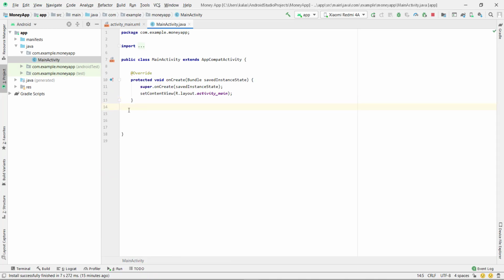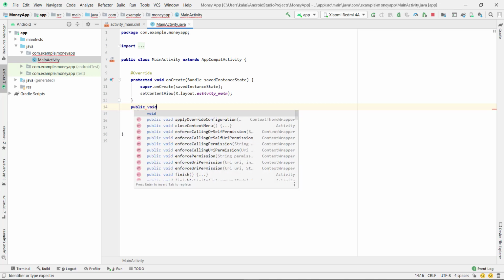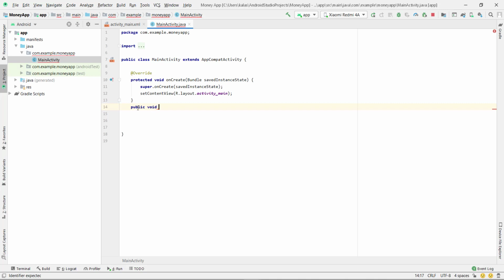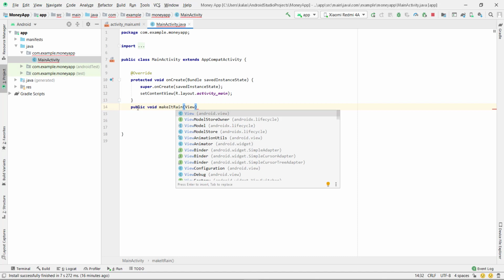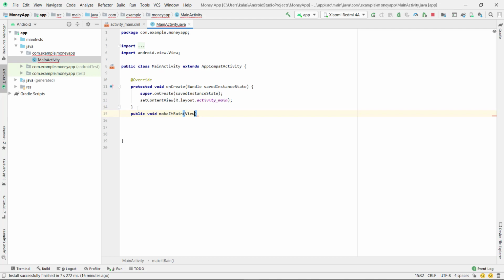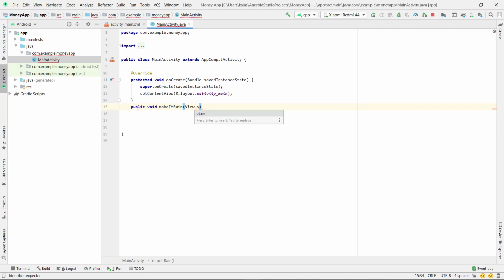So we have to create a method outside of this onCreate. So come here and type public void and paste that method name make it rain, then View. We got the Android view. Enter that. It will import the class and then enter v or view. That's all. Now open the method,